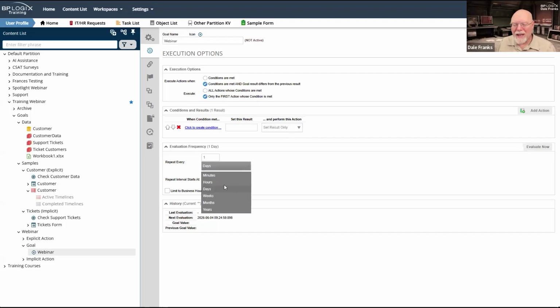So when you get into minutes, as your evaluation frequency, 20 is about as small as I would go, unless I was on a really busy system with hundreds and hundreds of users. Because then I could be reasonably assured the more user activity that's going on my system, the closer Process Director is to a real time system. But Process Director is near real time, but is never actually real time.